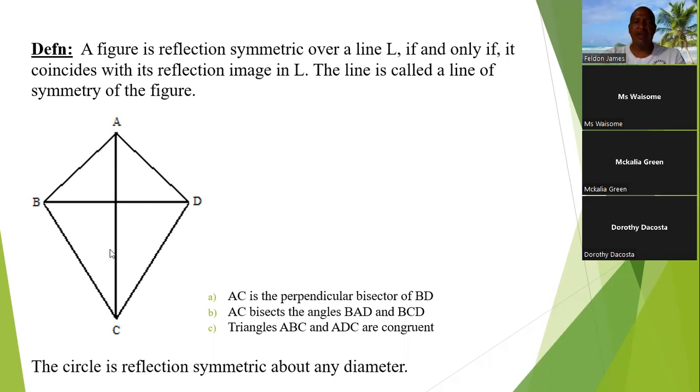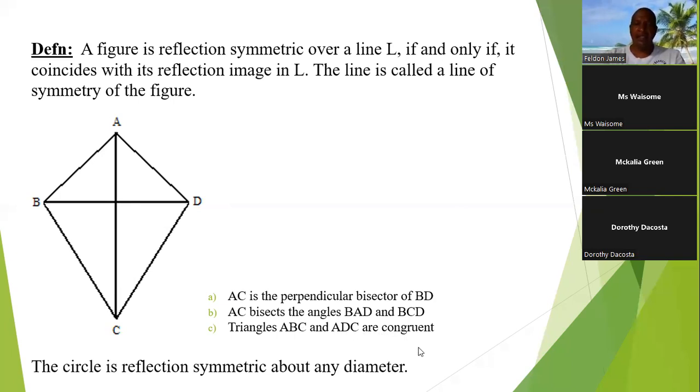So in this case, the line of symmetry of the figure would be the line AC, because you can fold the figure through that line, and B would map perfectly onto D. All right. Now, so we know that AC is the perpendicular bisector of the line BD. So remember, your line of symmetry would also be your mirror line, because it will cut the line BD into two equal parts, right? So it is a perpendicular bisector. So AC bisects the angle BAD and BCD. Now the triangle ABC and